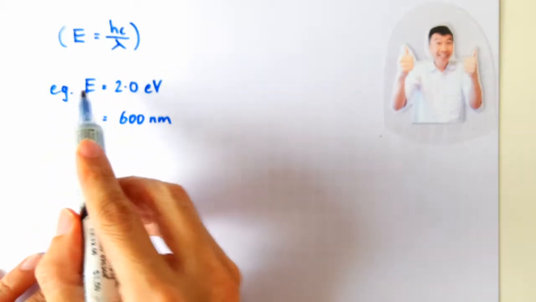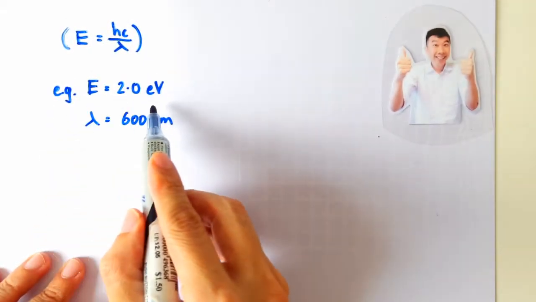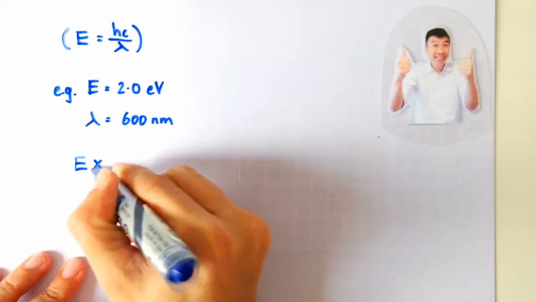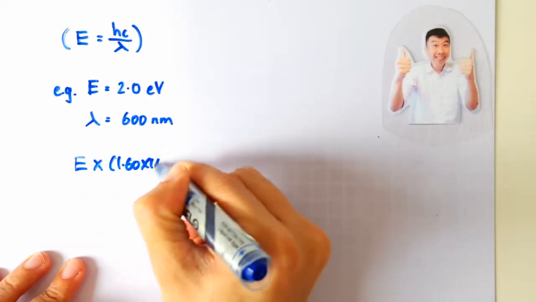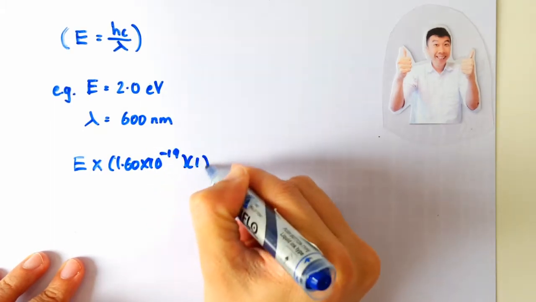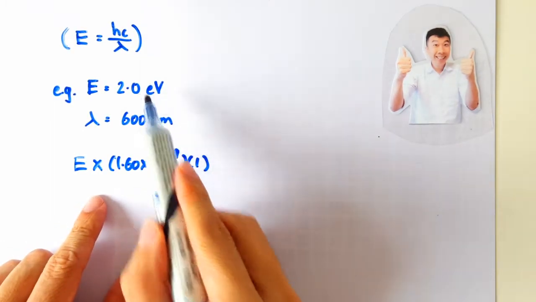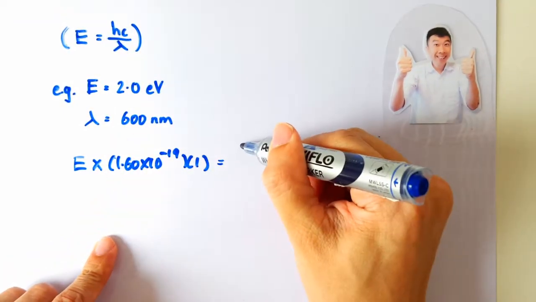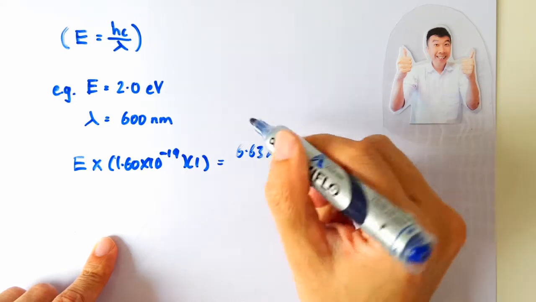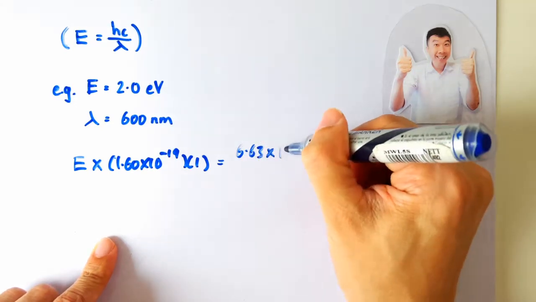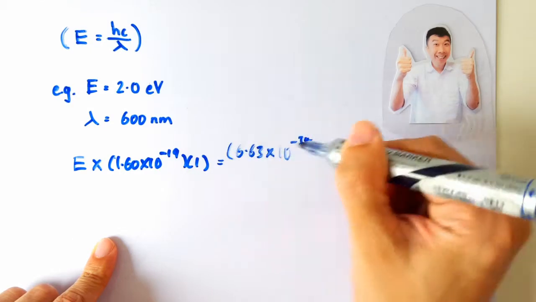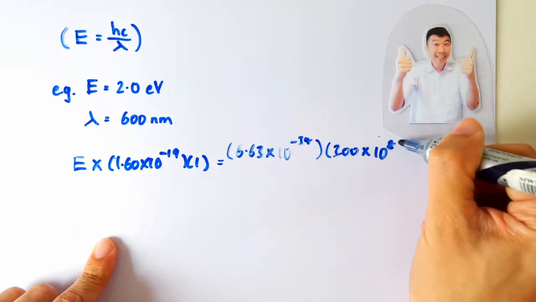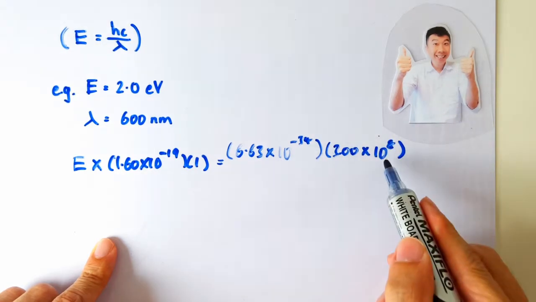So for example, if it's 2 electron volts, what we have to do is actually to take the value of 2 times 1.60 times 10 to the power of negative 19 times a 1, because that's how we convert 2 electron volts into joules. On the other side, we have the Planck's constant, 6.63 times 10 to the power of negative 34, and we have the speed of light, 3.00 times 10 to the power of 8. So this in joule second and this in meter per second,